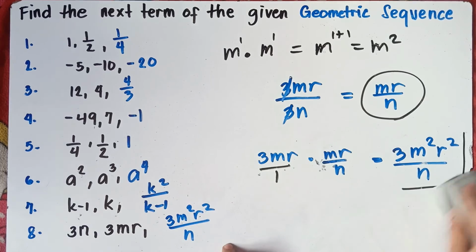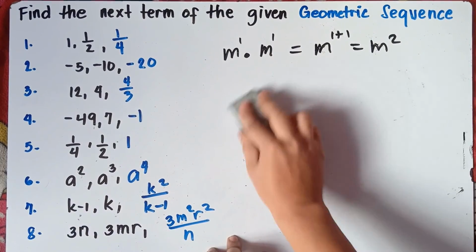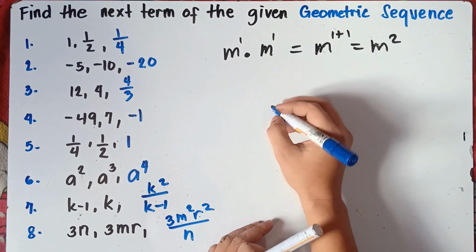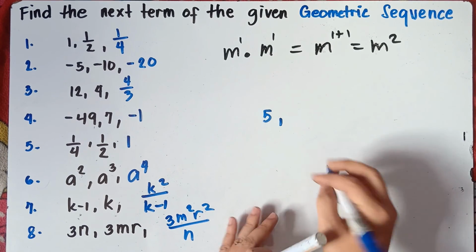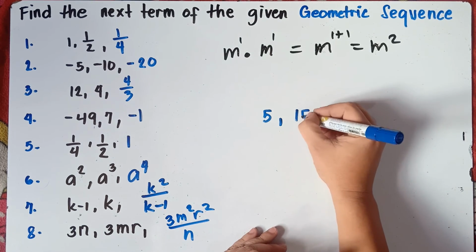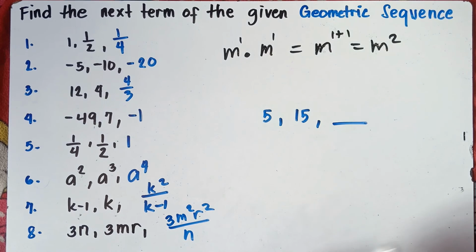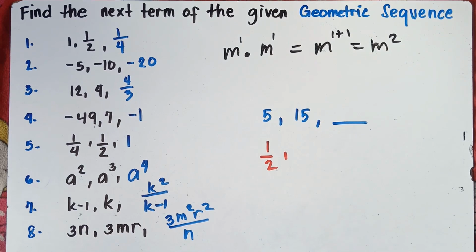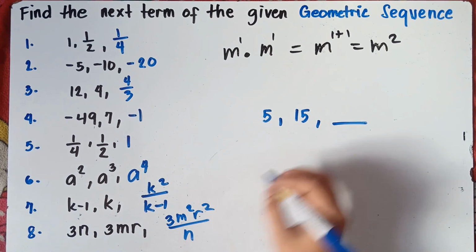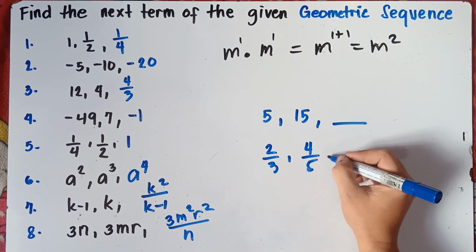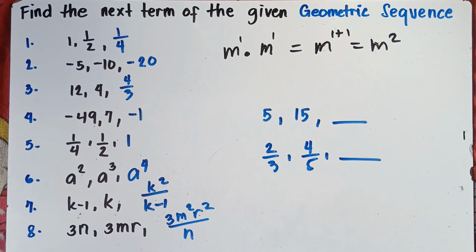That's it, class. And you try to answer this one, class, and you put your answer in the comment section down below. You find the 3rd term, class. How about if you have this one? Okay, so let's try this one. Let's try 2 examples, class. Alright, so how about this one? Okay, and then give me the 3rd term in this one. Okay, let's just give you 2 examples, guys. Let's try if you really understand this one. Alright, and then give me the 3rd term.